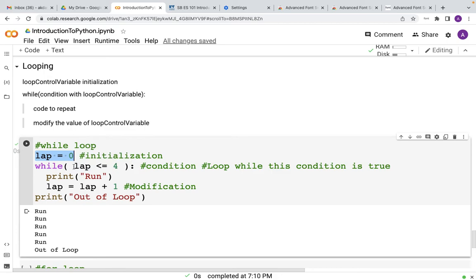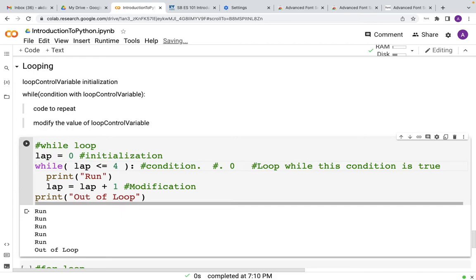The first time it encounters this condition, lap less than equals 4, it will check whether 0 is less than or equals 4 or not. Of course, 0 is less than 4, so it is true. It will go inside the while and print "run" for the first time.